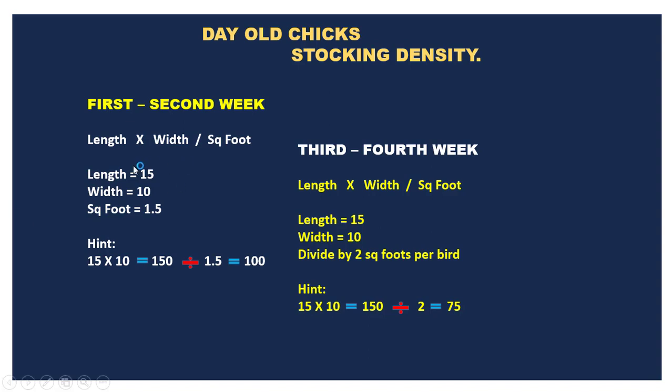So you have the length. Let's assume the length is 15 feet, or let's say 15 meters, and then the width is 10 meters, and then you calculate the square foot equal to 1.5. Now, what I mean by the square foot equal to 1.5 is actually this 1.5